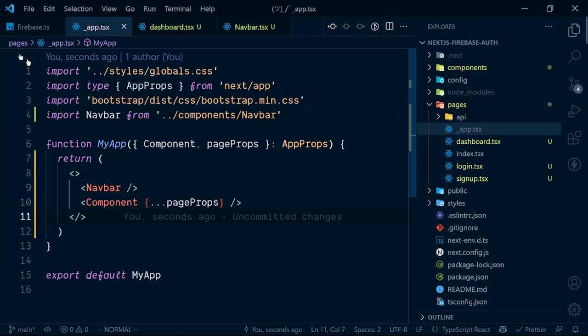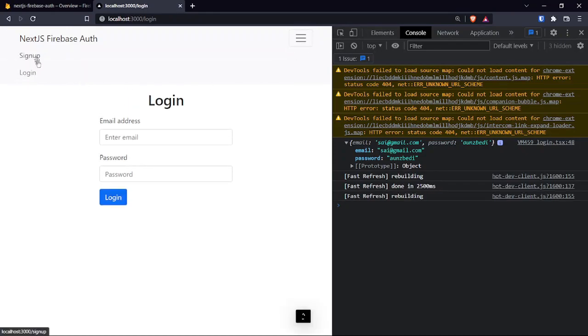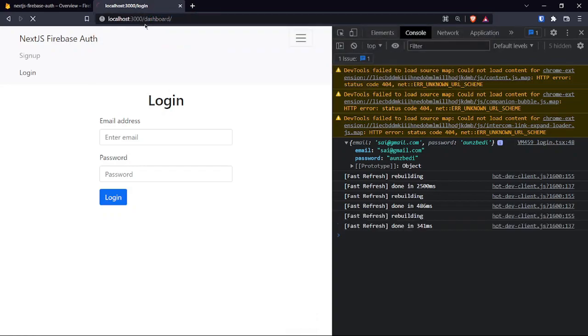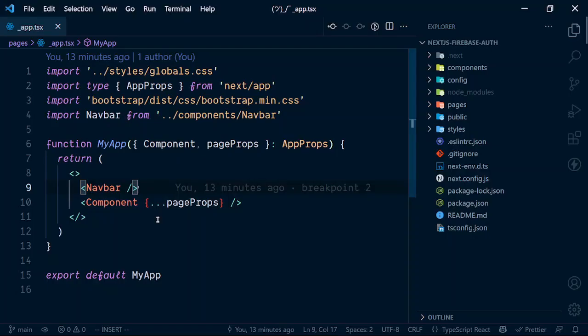If you just go and check the browser, you can see we have a navbar, and we can just go to sign up and login and dashboard. If you just go to dashboard, let me just see, we have the basic dashboard here. So now let's do some interesting stuff with Firebase. So in this project, we are going to use React context so that our user will be